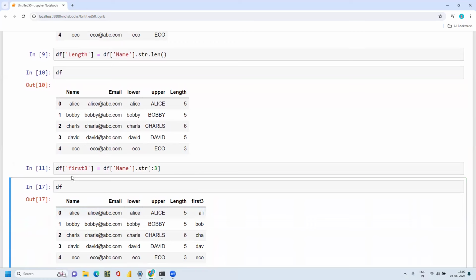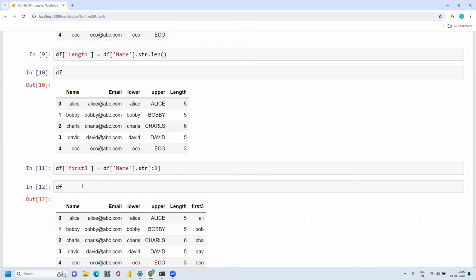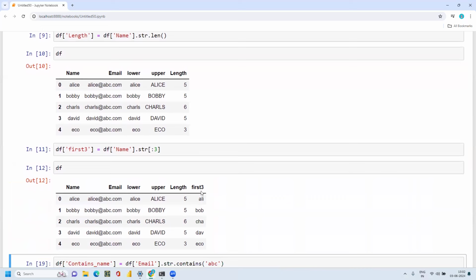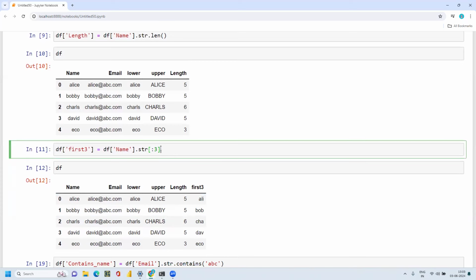That is where I created a new column with first 3. And if I run the data, then a new column got created with the first 3. See, I'm using the name column. From the name column, the first string, ALICE, I just wanted only up to 3, then it printed ALI. Similarly, BOB, CHA, DAV, ECO. So this is how you can get the required limited number of characters from a string by using this .str